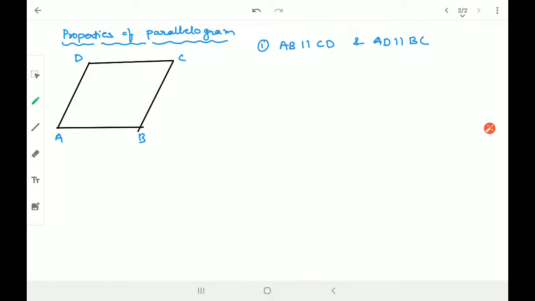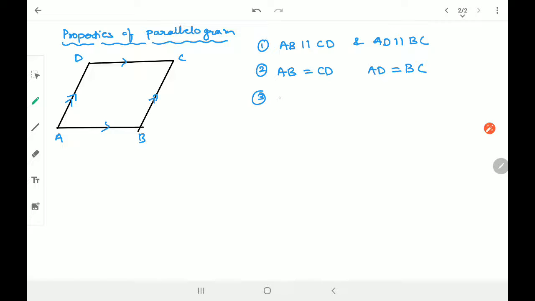Right. Second thing about sides only, AB is equal to CD and AD equal to BC. That means what? The opposite sides are equal as well. तो parallel तो है ही, as I stated in the beginning, before this as well, that they are parallel. At the same time they are equal as well. So opposite sides of parallelogram are equal. ठीक है. थर्ड प्रॉपर्टी लेट्स अंडरस्टैंड एंगल के बारे में है.